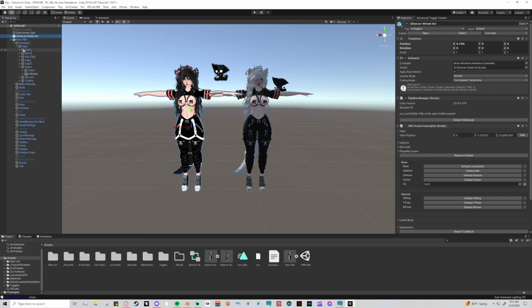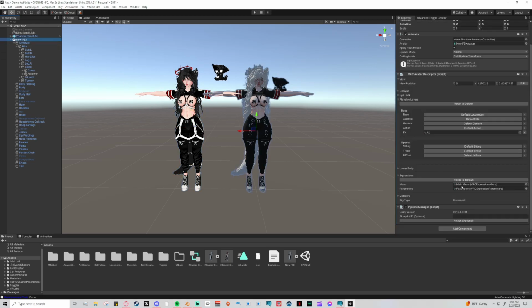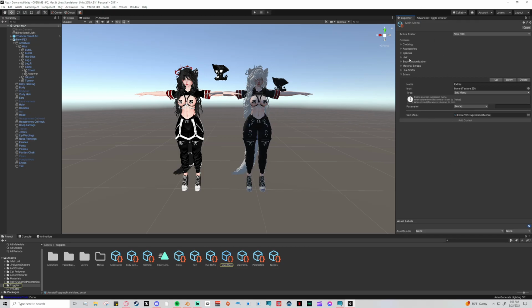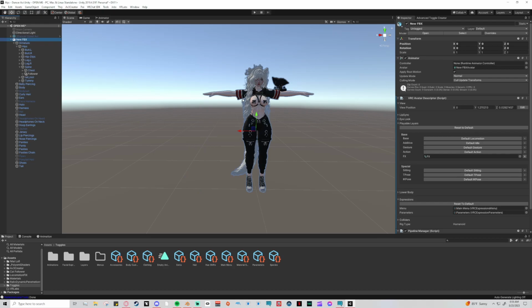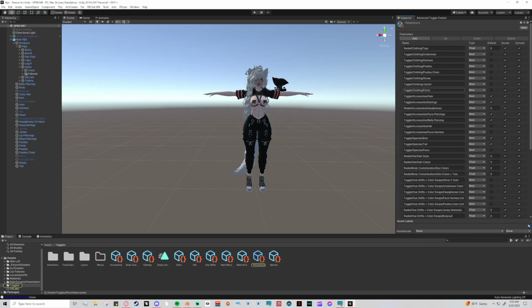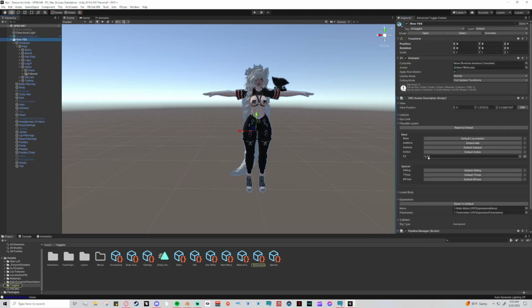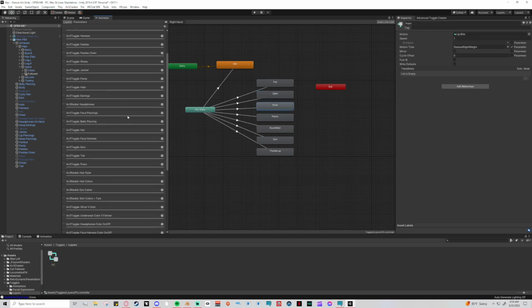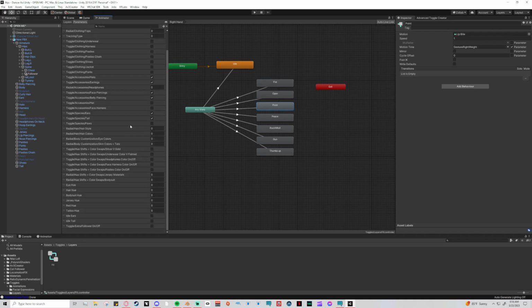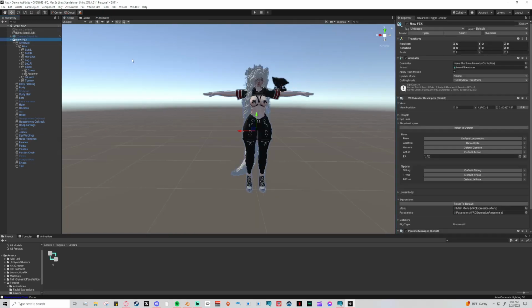So yeah, obviously it kept the follower. It set all the presets how we want them to be. If we click on it, you can see our menus are on the new one. Let's just hide her just to be safe. You can see the parameters are all copied over, and the FX is all copied over with all of our facial expressions and all of our toggles. So everything is here. If you want to double check it,